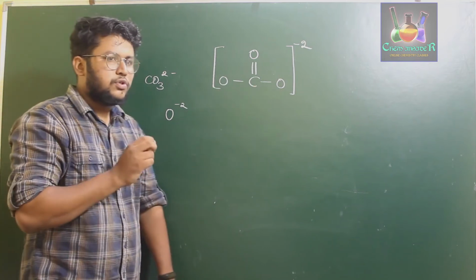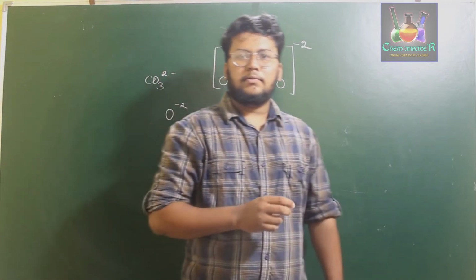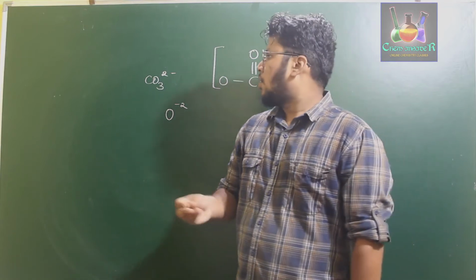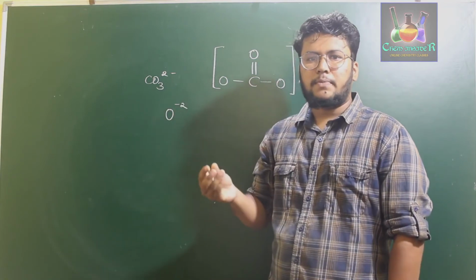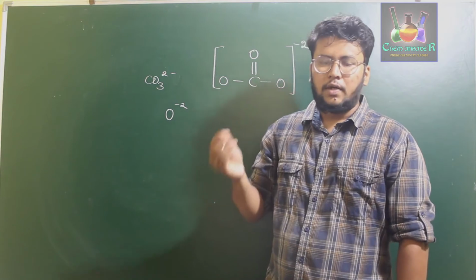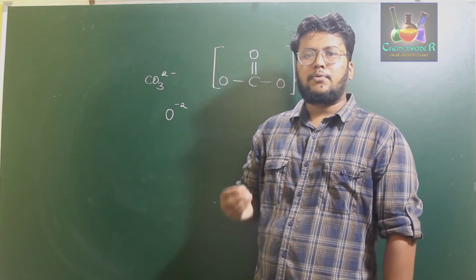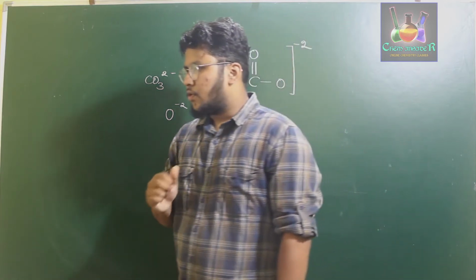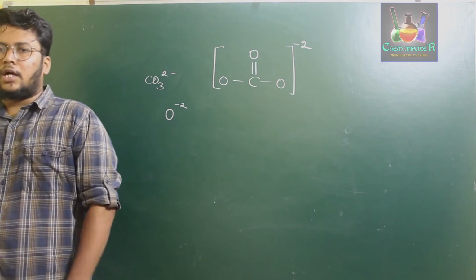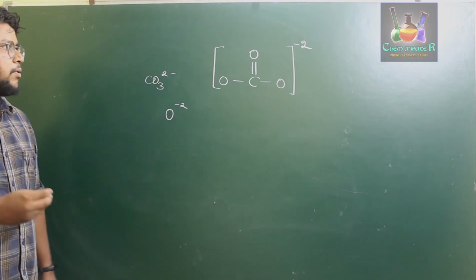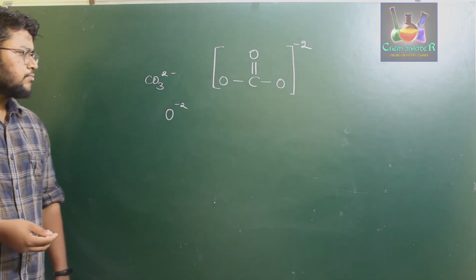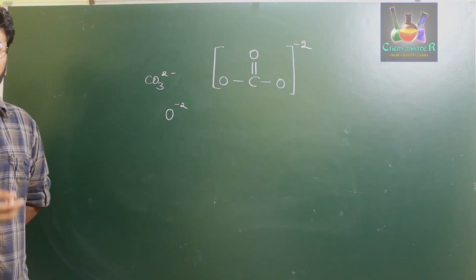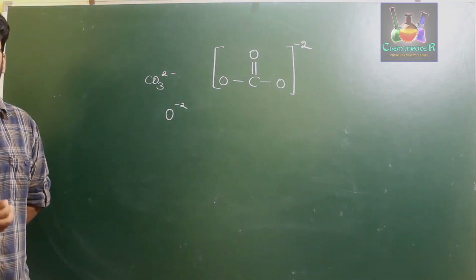Therefore, in such situations, what we have to do is provide a formal charge on each of the atoms present in the given polyatomic ion. Remember, formal charge comes into play only in polyatomic ion cases. So whenever you have a polyatomic ion type of structure, you have to provide certain formal charges on those atoms which carry certain numbers of electrons.